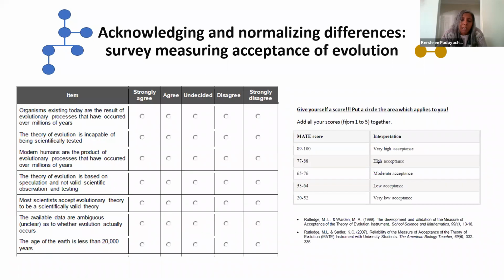And what we have chosen to do is to actually start off the particular topic on the teaching of human evolution with these surveys, with this particular survey. So we get the students to take the survey, to rate themselves, and they're often quite surprised at whether they turn out to have a very low level of acceptance. I've had very interesting conversations with students saying, well, I really didn't think that I had such a low level of acceptance for evolution. And then what it does is it creates an opening for students to be able to